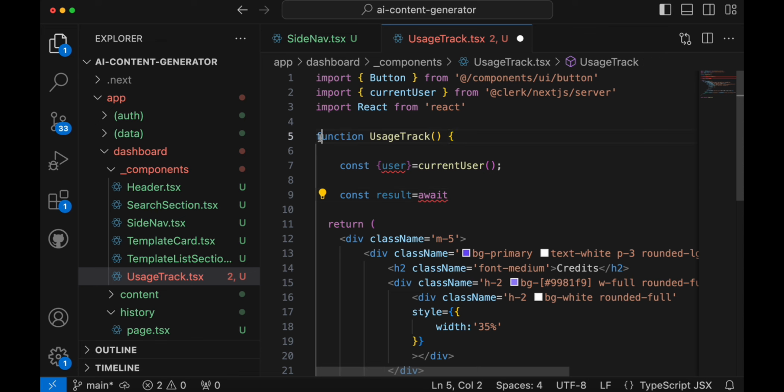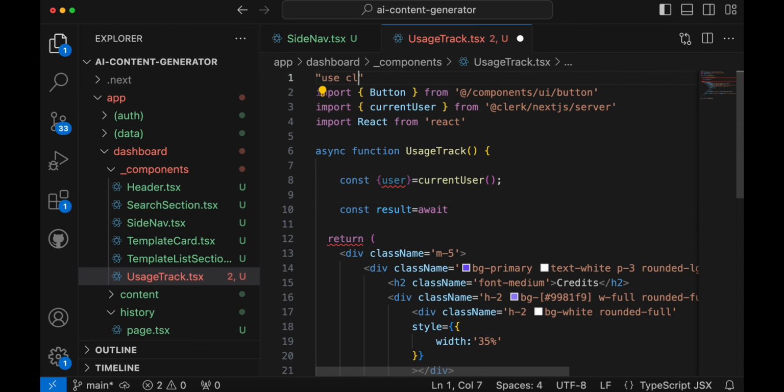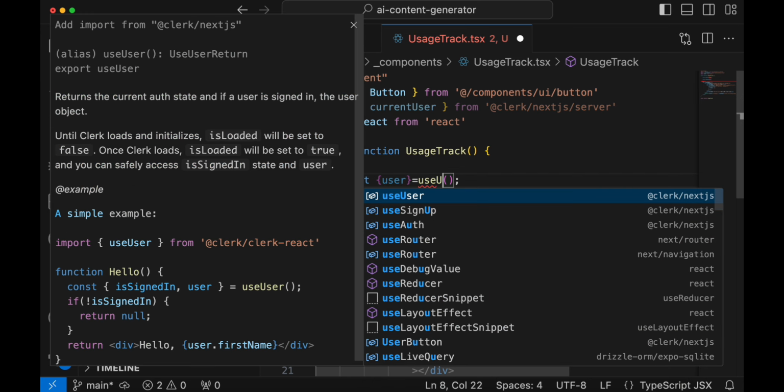We'll make this function async, or better we can make this component a client side, because we're going to use a context as well. So here I will say useUser from the client side,